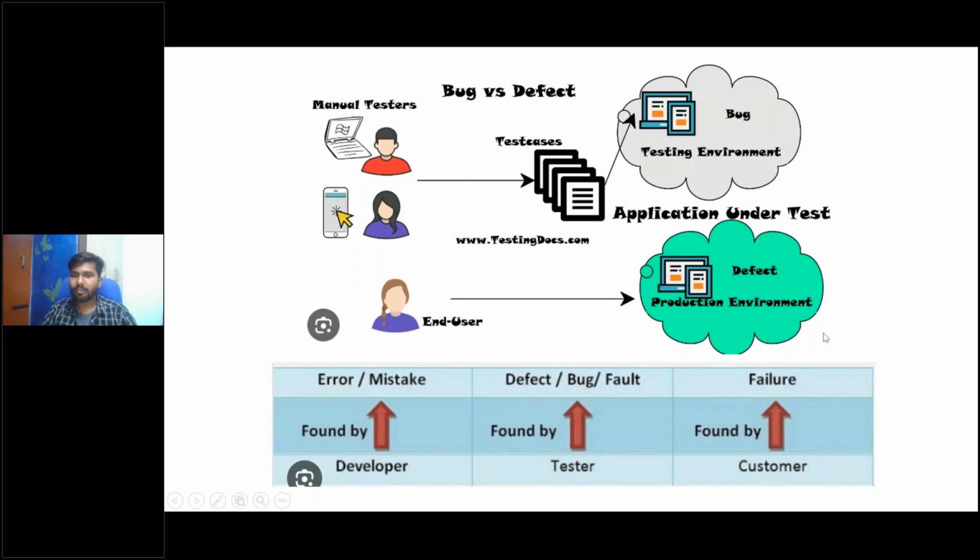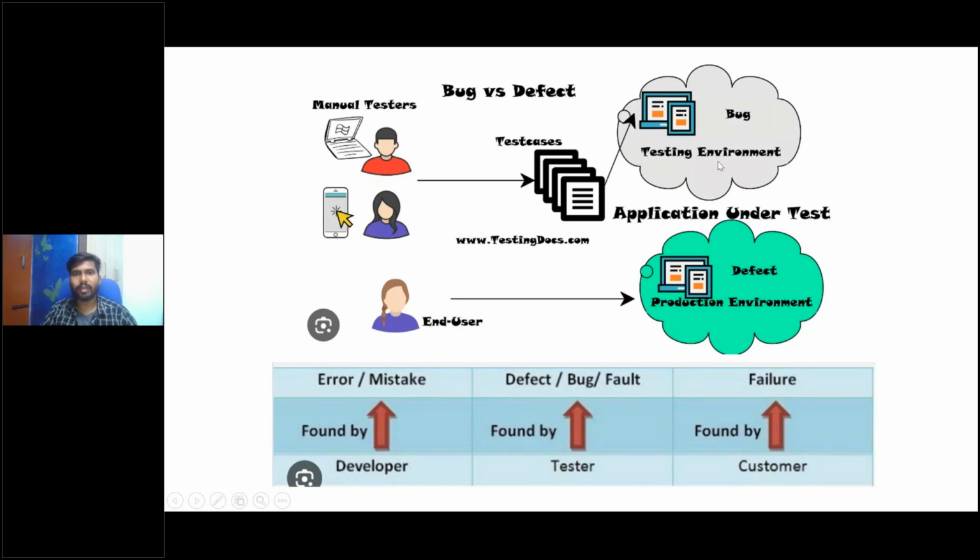The failure is nothing but the software failing to serve the expected behavior. So that we call a failure. Okay, so bug and defect are both kind of similar terms. But if a tester has found it, let's say, in